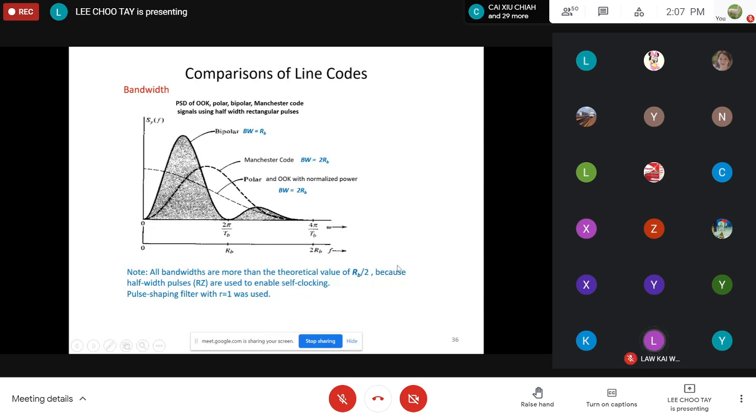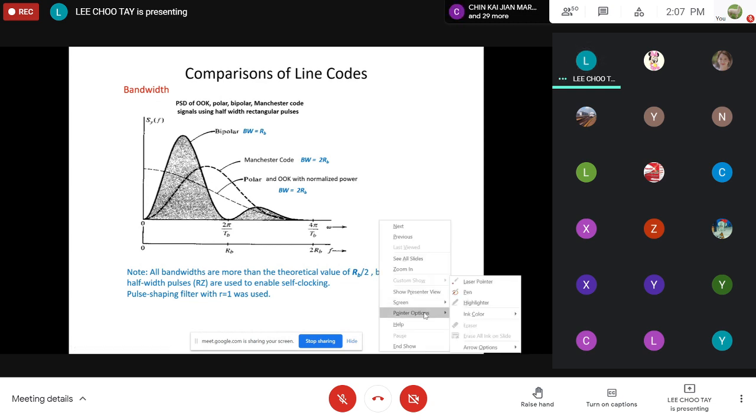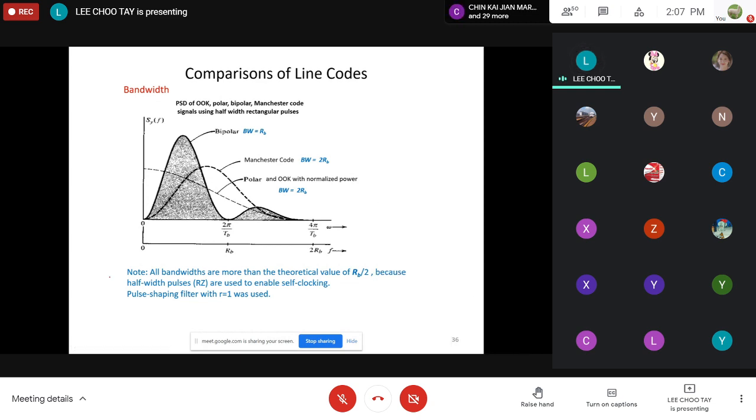Yes. So last lecture, we actually stopped here where we compared the bandwidth of a few types of line code. I want to make one correction over here: at this stage we haven't even done pulse shaping, so please cancel this line. We haven't done pulse shaping yet. So what we can see from here is